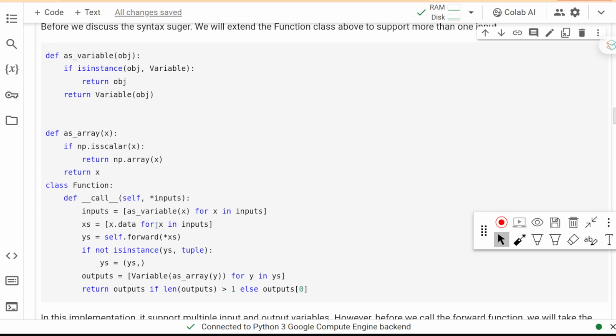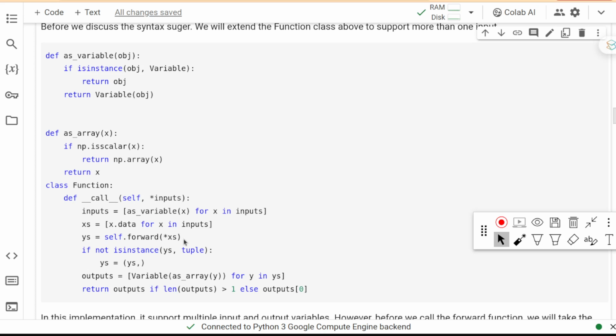Then we take all the variable objects from the inputs and get the values of them as an array, which is xs here. And we send this array into the forward function. We use the star syntax here, which expands this array into a list of arguments for the forward function.